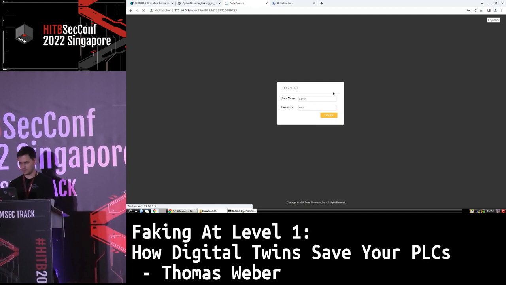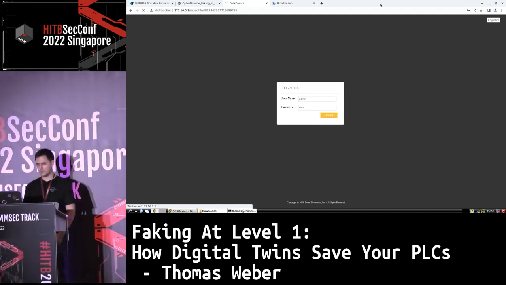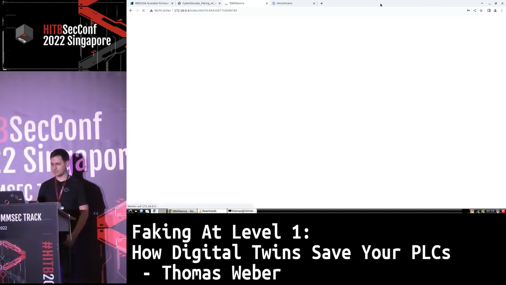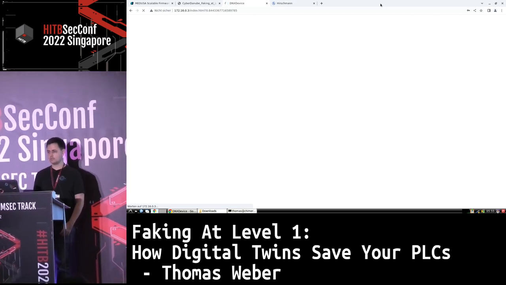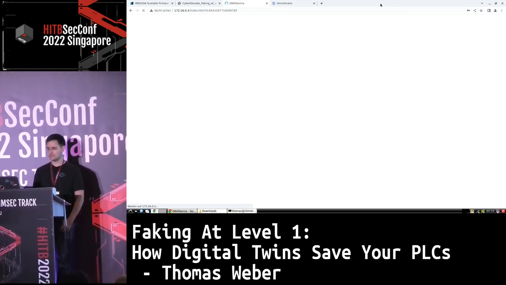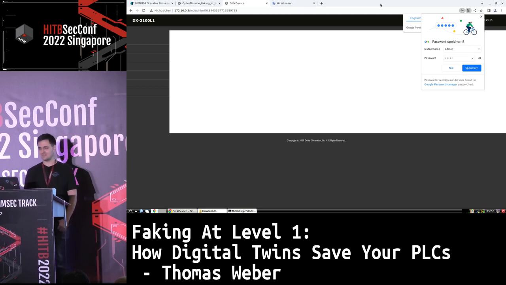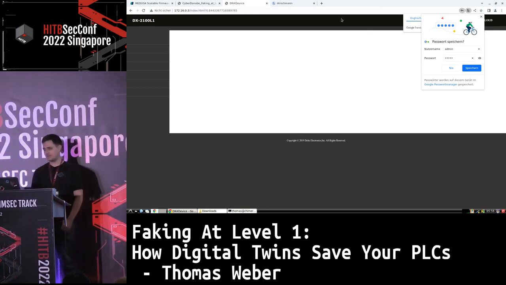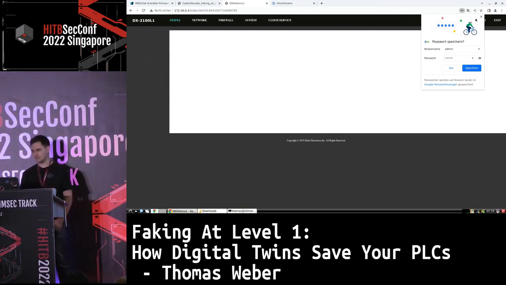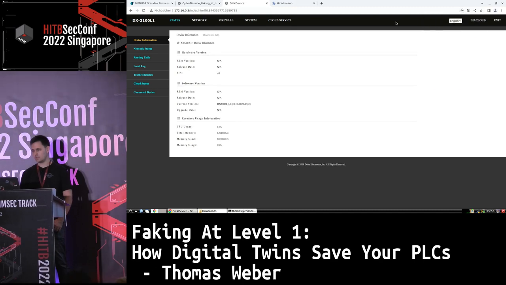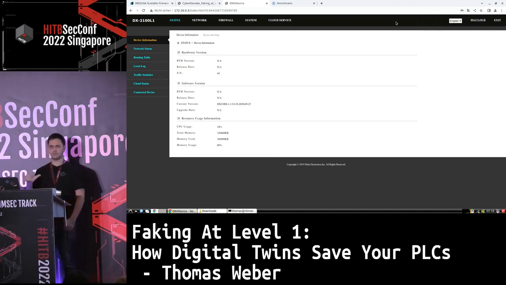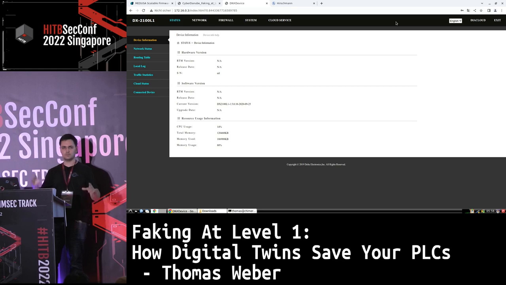But that's, for example, a device from Delta Electronics. And if it loads in time, then you will be able to see the web interface of this OT device. And that's one part of a full digital twin from a full OT network. If you have multiple of those controllers, managed switches, routers, and so on, which are part of the industrial Internet